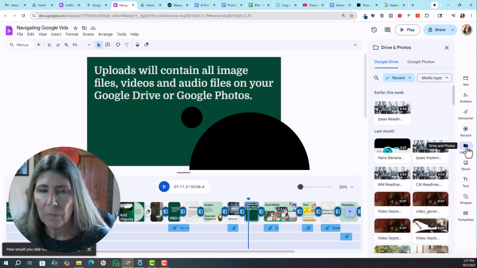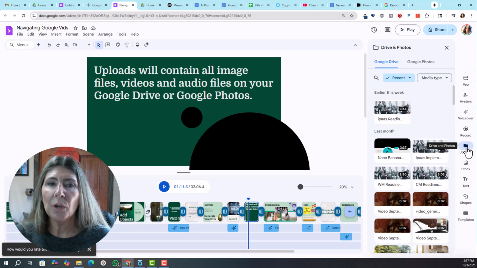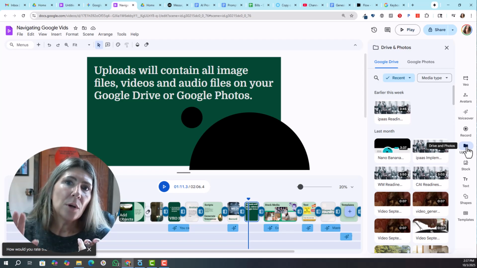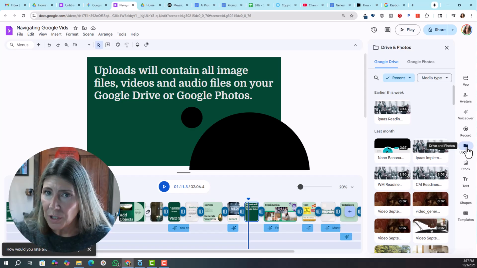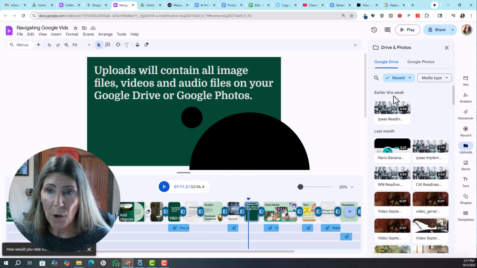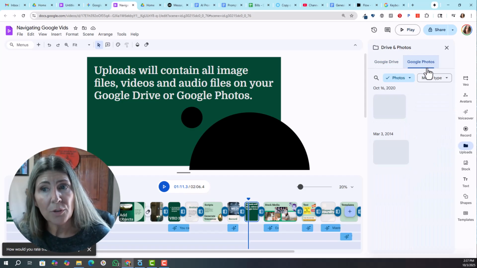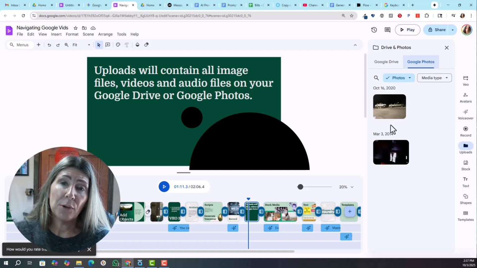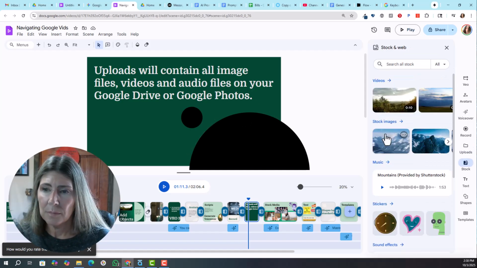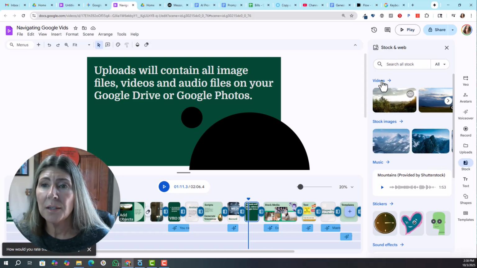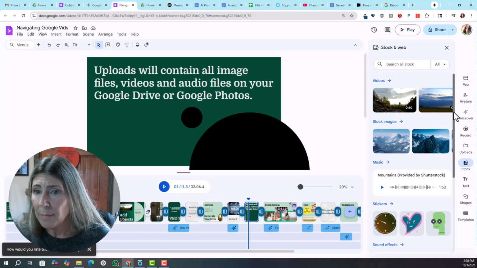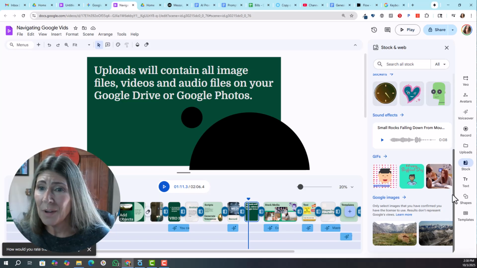So your uploads will include all audio, video, and images that you've uploaded to your Google Drive. And you can also select Google Photos to pull any photos that you have in Google Drive. And then your stock media is going to include videos, images, music, stickers, sound effects,